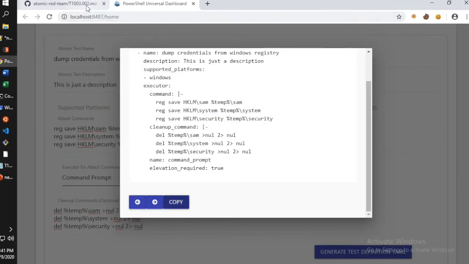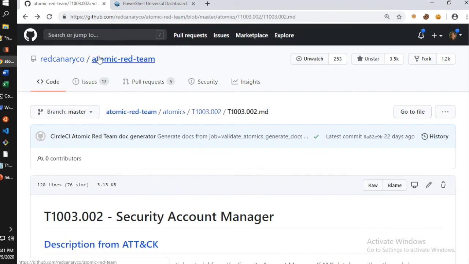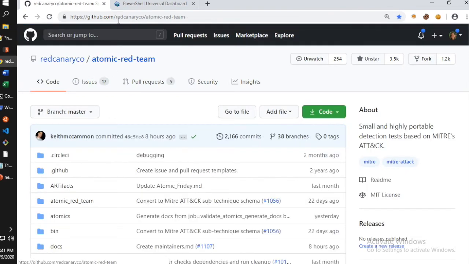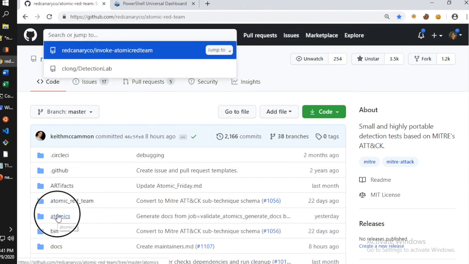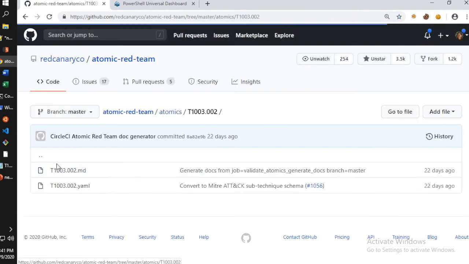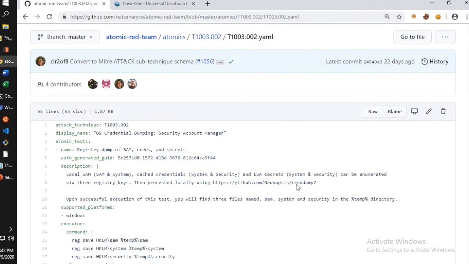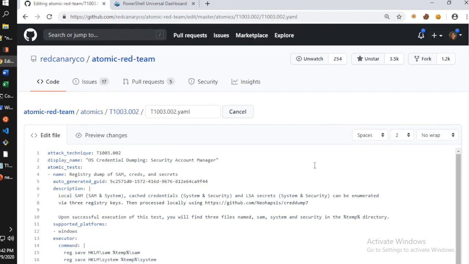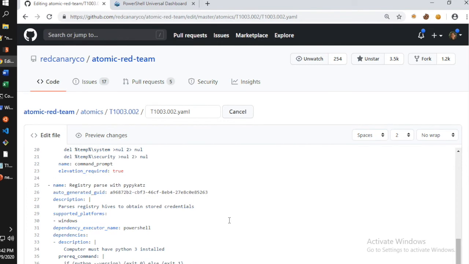We will go to the Atomic Red Team repo on GitHub by Red Canary Co. And we are logged in as ourselves. So we must have a GitHub account and be logged in. We need to find this file that we want to edit, which is in the Atomics folder. Here we have the technique folder, so T1003.002. We're going to go into the YAML file, and we want to edit this file. So we just click the little pencil to edit this file, and we go to the bottom of the test,